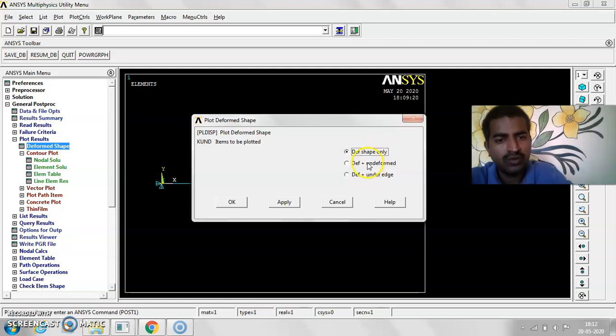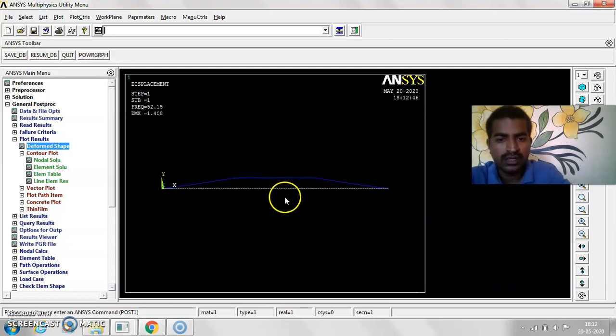Try to go for deformed plus undeformed, so that you will get to know what the earlier figure was and what figure it takes after the initial disturbance, meaning the deformed one. So this was the figure before the initial disturbance, that is the undeformed shape, and this is the deformed shape.